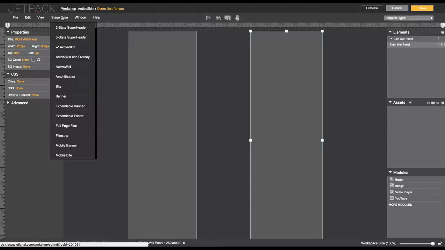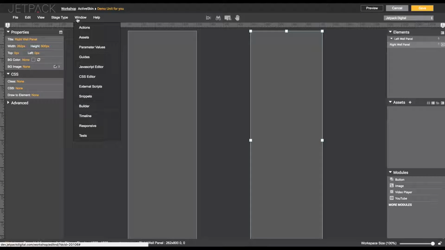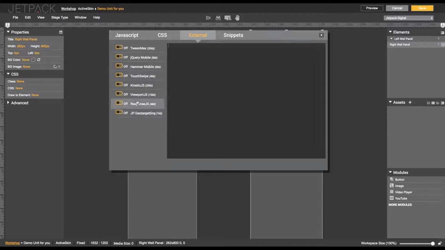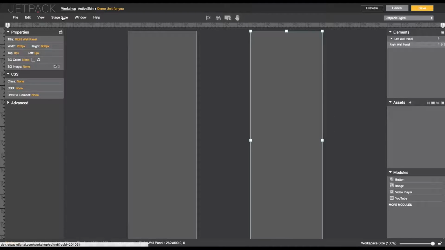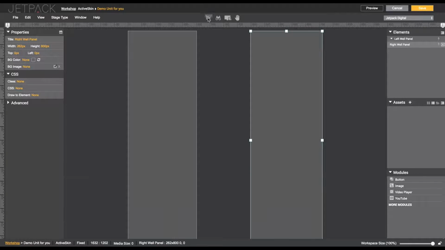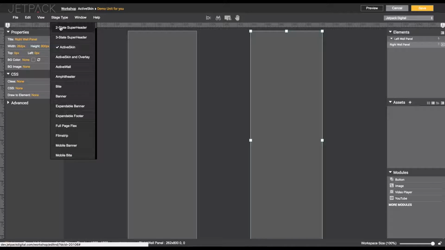Similarly, other units have multiple features built into them. Window, now this opens new windows. For instance, we have an advanced JavaScript editor. I can start typing JavaScript here. If there were objects on my stage, CSS, and loading external JavaScript. So those are advanced features, but that you get to from Window. Window also relates to some of these features over here. Right here is our animation timeline. It's a keyframe-based animation. Let me go back to my